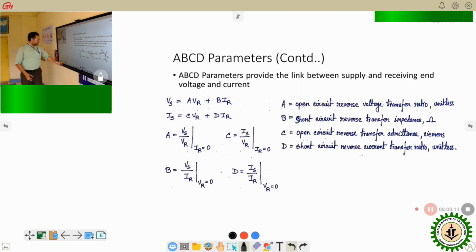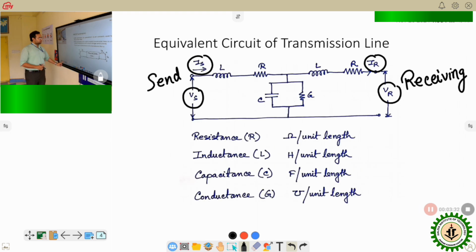These ABCD parameters are required to provide the link between the supply and receiving end voltage and current. It is required to electrically model the transmission lines and understand the performance of the transmission lines based on the variation of these parameters. Now, in the previous diagram, we have seen that we have got inductance, resistance, capacitance, and conductance. We can say that the impedance of the transmission line is